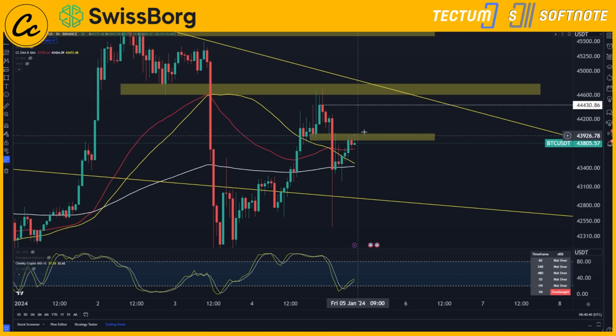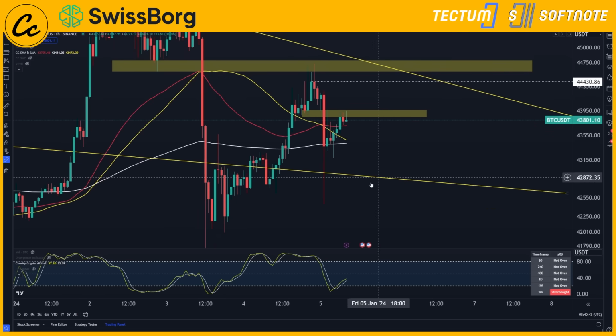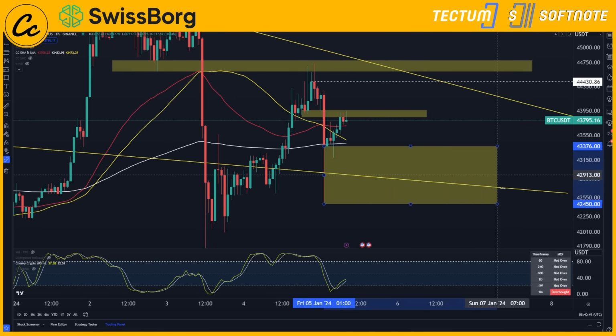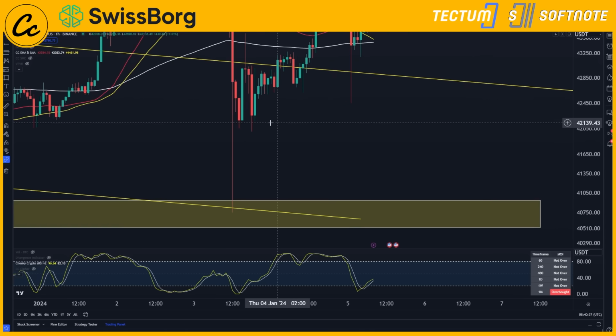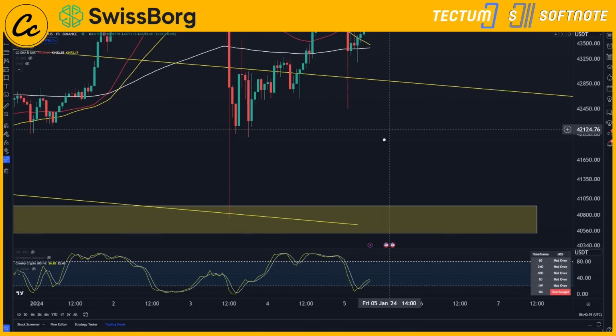Can we get a close above it? If we can, great. If not, then we'll probably still be looking at these moves to the downside. Okay, so there's a lot of buying pressure, as you can kind of see right inside this range right here. This is quite broad. It's 42,450 to 43,376. I suspect that that isn't going to last. And obviously we have loads of buying pressure down here as well.